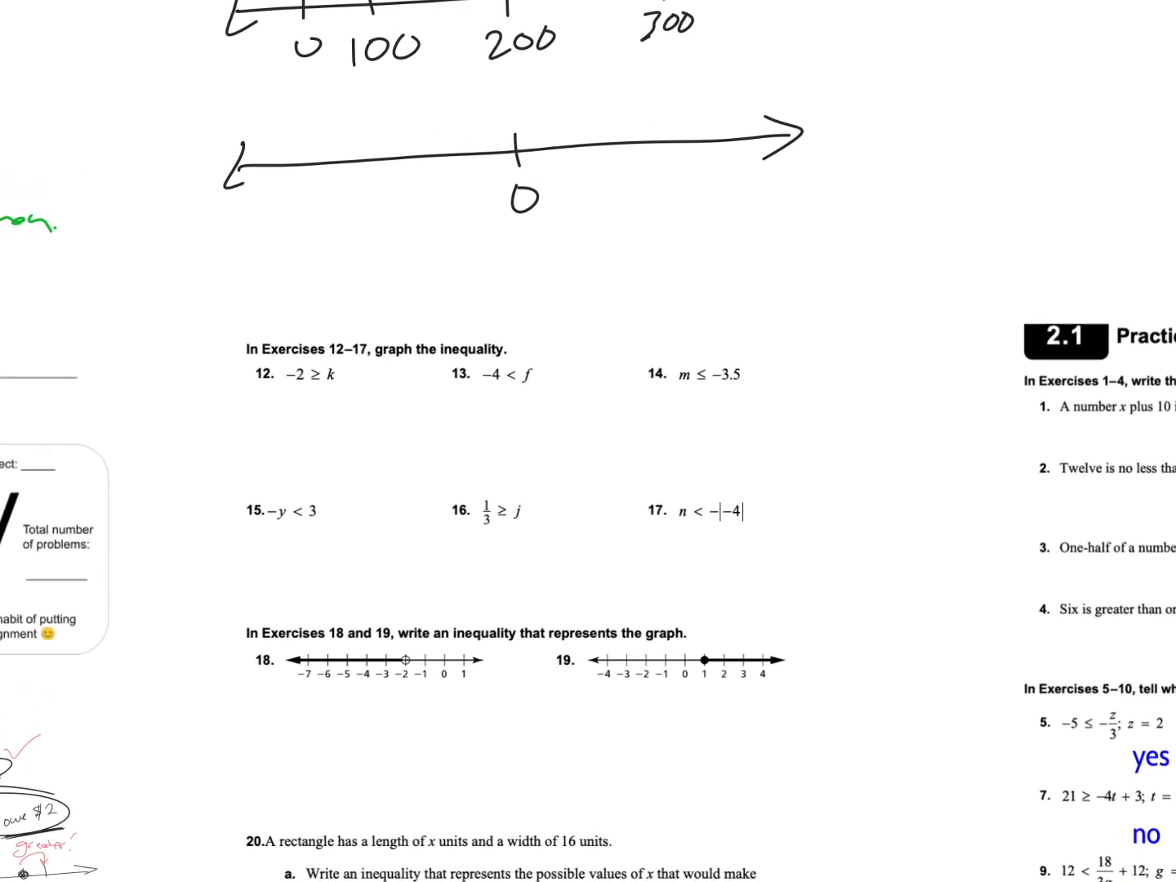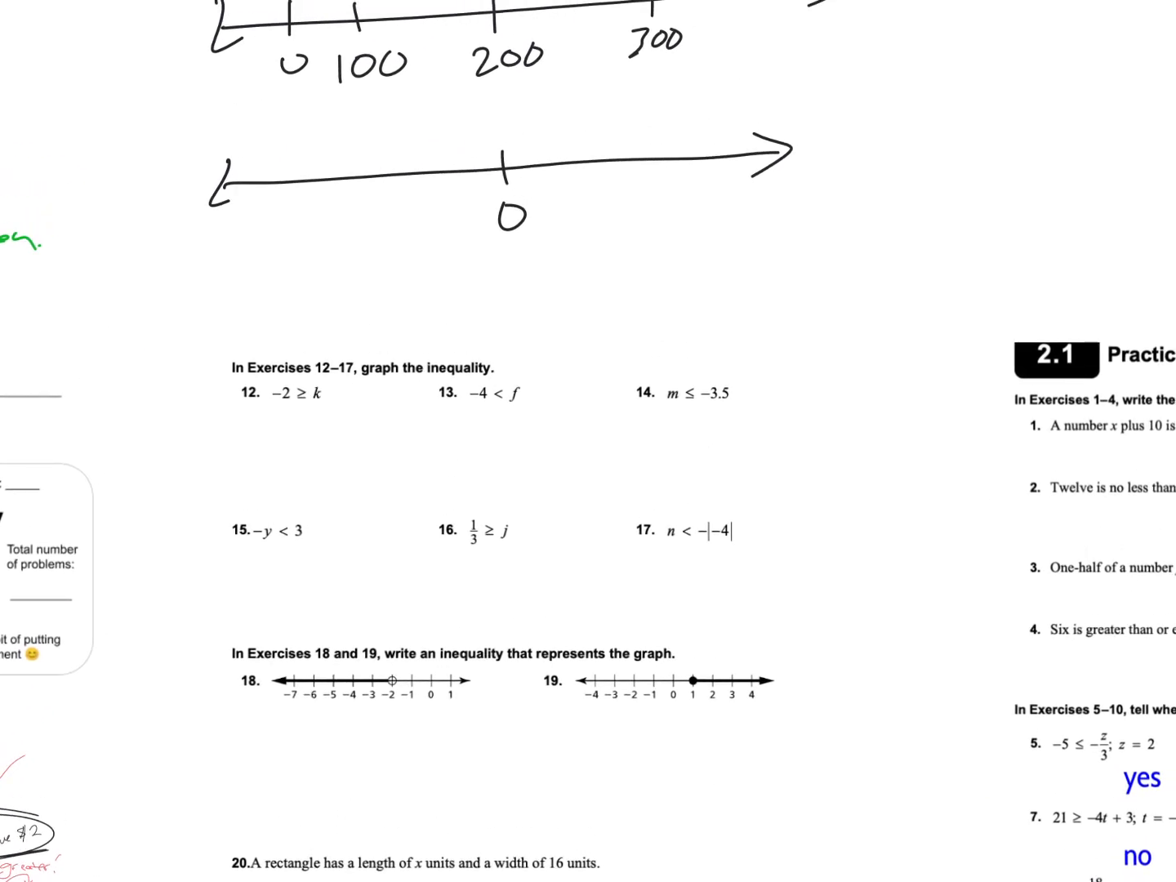But we're about to do number 12 that involves negative 2. So how about this? Why don't we just do negative 1, negative 2, negative 3, and then a 1, okay? So we've got the positive side of the line covered. We've got the negative side of the line covered. And now we are interpreting negative 2 is bigger than k. All right, so negative 2 is our number, and it is bigger